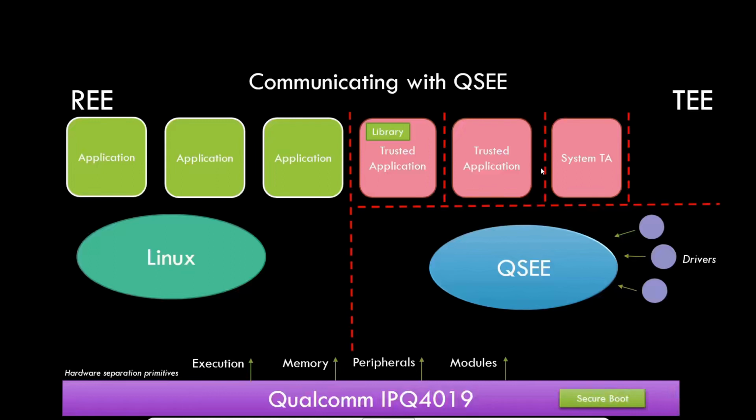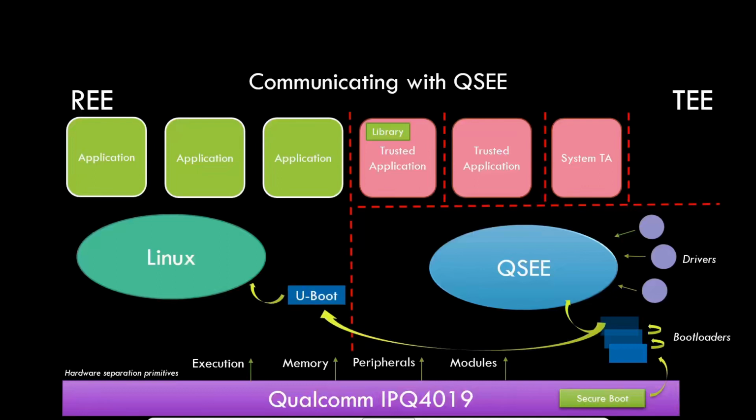Of course, this exists at runtime, but it also needs to be securely started. So you need some secure boot process of any kind in order to have a secure TE, or at least a decently secure TE. This should be the cornerstone of every trusted execution environment. Of course, there are bootloaders which will execute, initialize, load, verify, and initialize the QSEE side, the TE. But once this is done, they will switch to the non-secure execution, and they will start U-Boot.